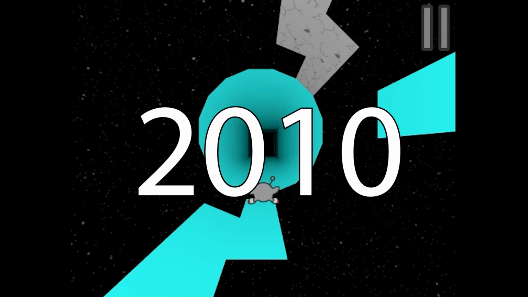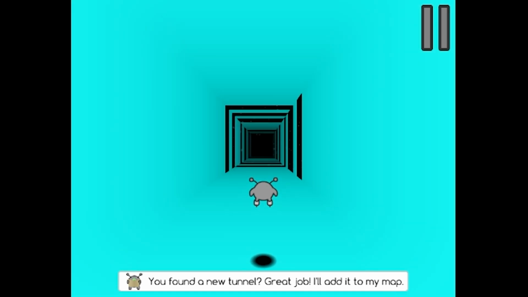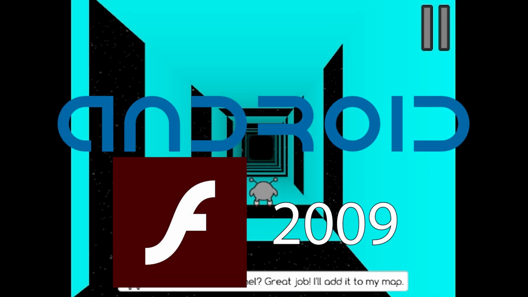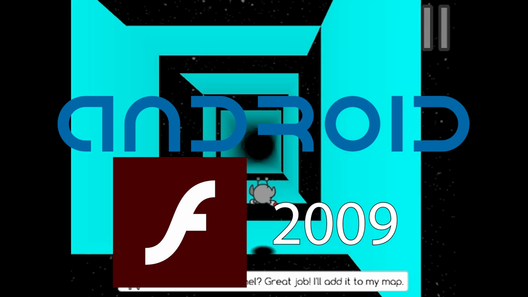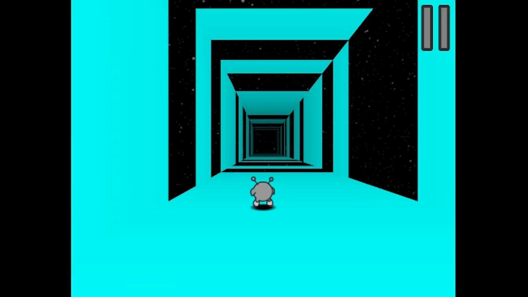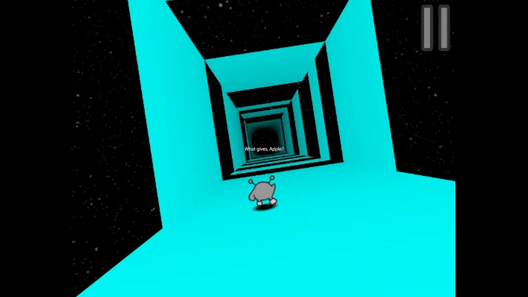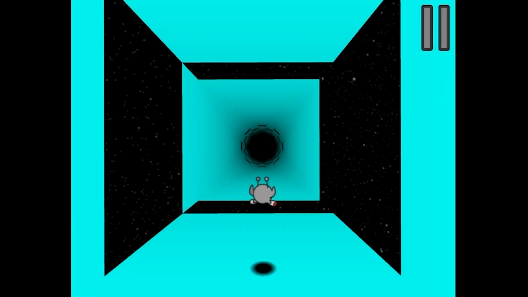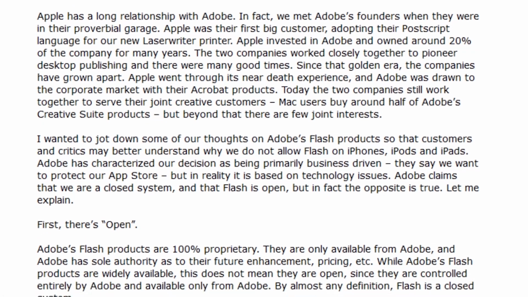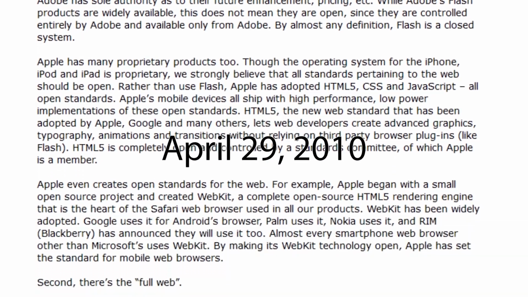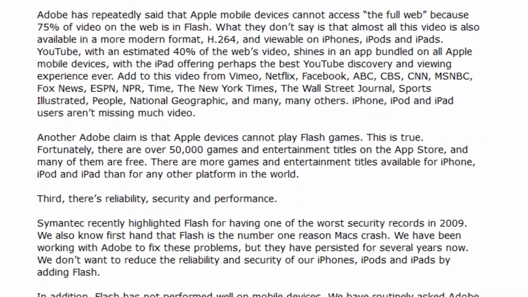But 3 years passed by, and there was still no iOS support when even Android got support in 2009 for Flash Player. Its market share had grown even stronger since then. What gives? That led Steve Jobs to write a very strongly written letter on Flash on April 29th, 2010,